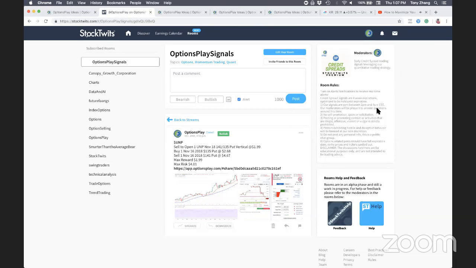Max reward 199, max risk 401, you lose 202. That does not make sense. More loss than you make. Well, that's exactly my point. You're risking double the amount that you're potentially making. That's the 2-to-1 I'm talking about.